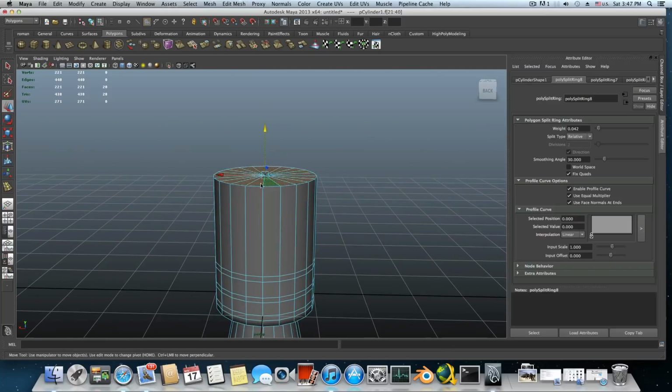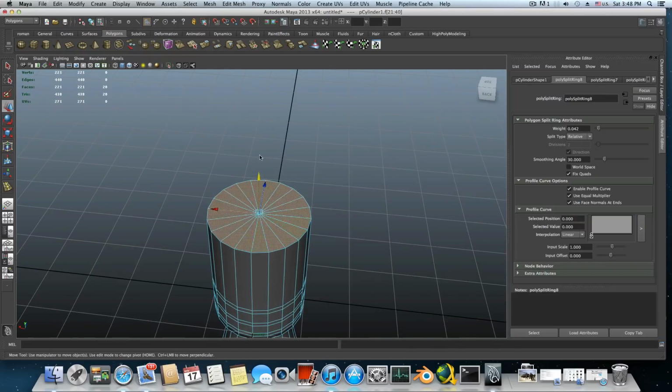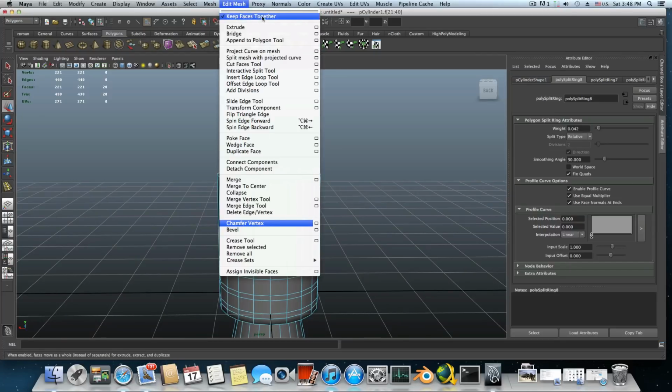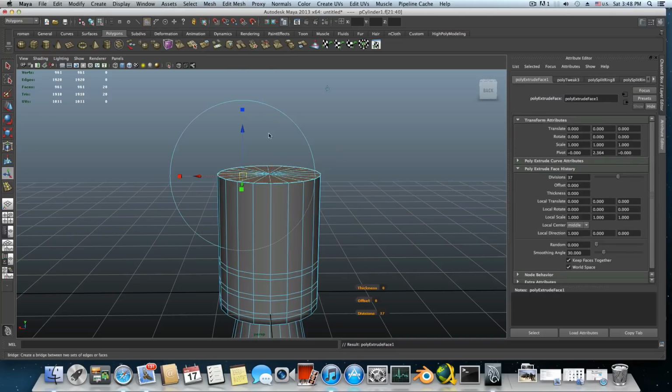Okay, so after we chose all those faces up here, by holding Shift you can choose one by one, and then we make sure that Keep Faces Together is assigned with V here. I don't know what you did earlier in your model, so make sure it's like that. Choose the extrude,